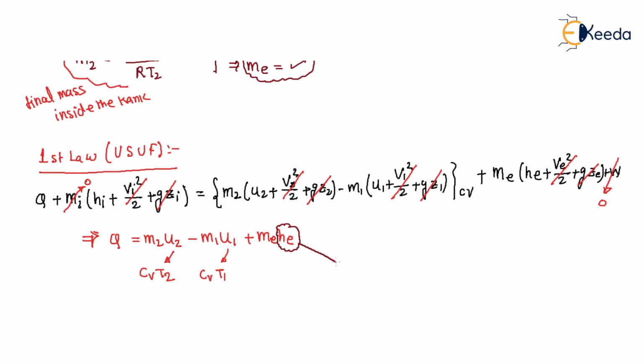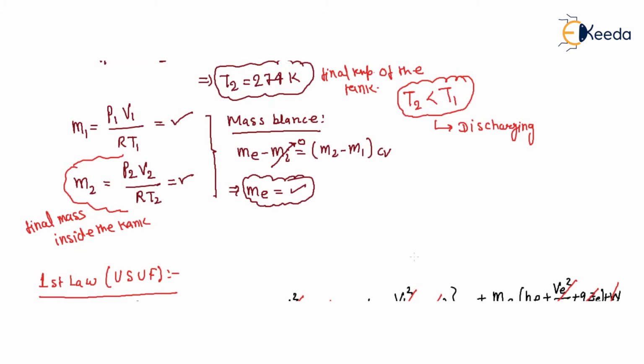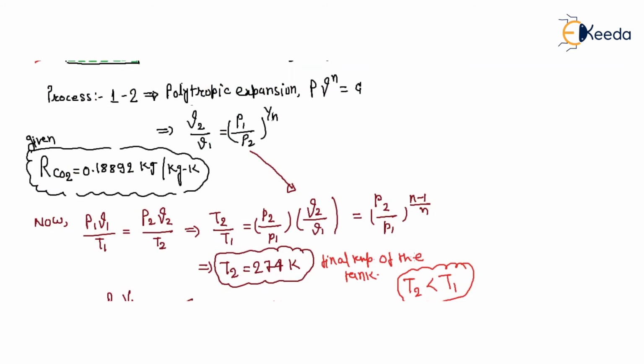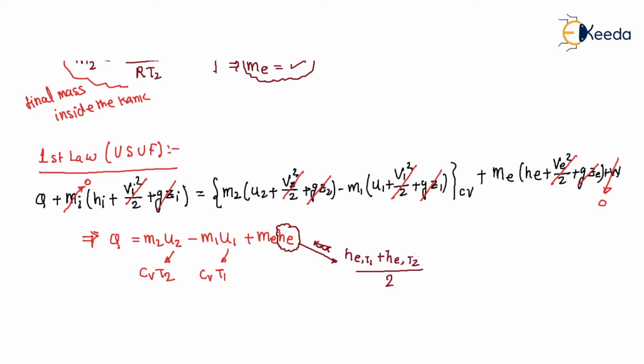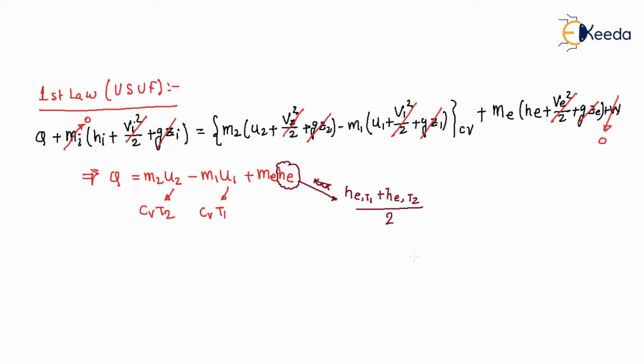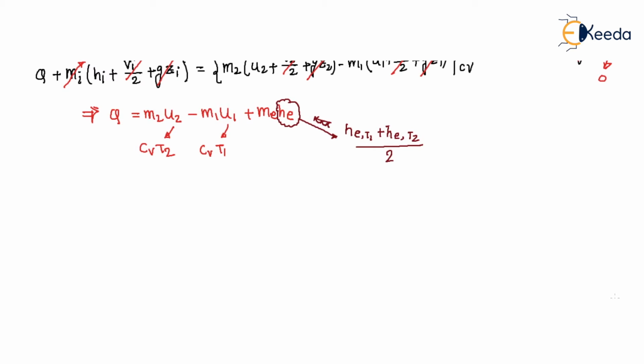This is very important. How? HE at T1 plus HE at T2, by 2. Why is this taken like that? See from the air carbon dioxide table, at temperature T1, what is the HE value? At temperature T2, what is the HE value, right? So why is it taken like that? Because